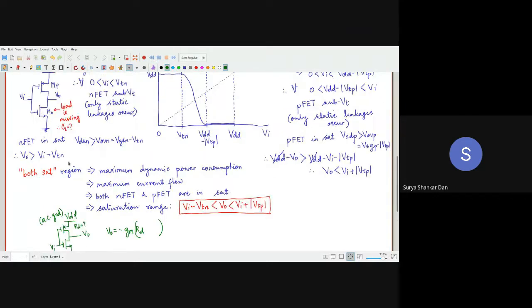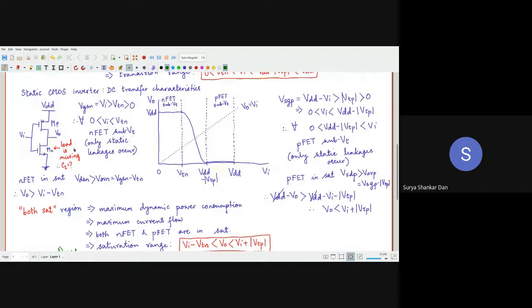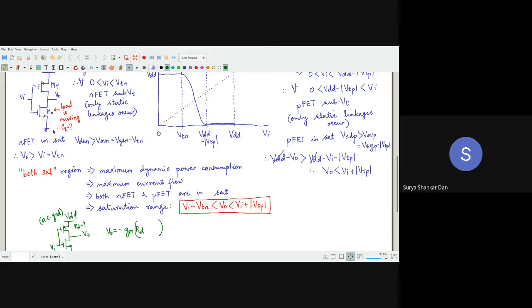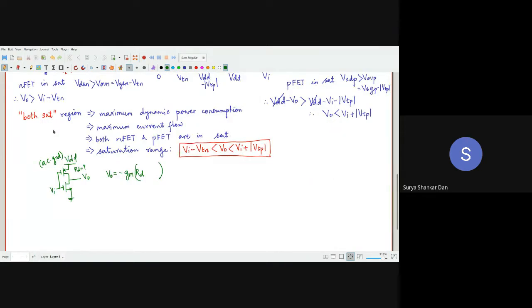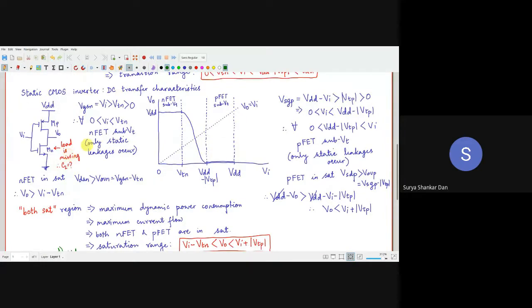So this static CMOS inverter is nothing more than an active loaded CS amplifier. This is one of the best amplifiers in analog also. Many people don't realize this. People will always think that this is only for digital. No, no, no. This gain is also the maximum in this configuration. You will never get such high gain if you are using a resistance over here. I'll explain that later in the analog IC design course. Anyway, what will be the RD if you are replacing it by an active transistor, an active load?